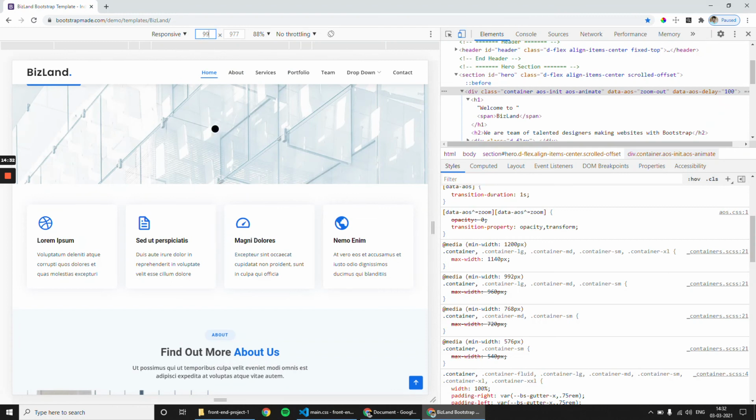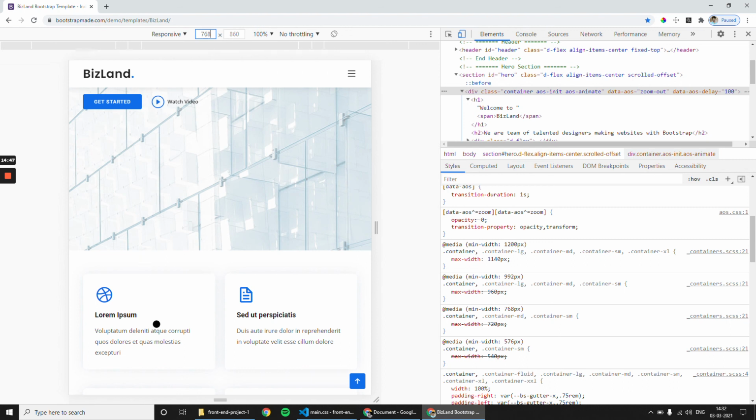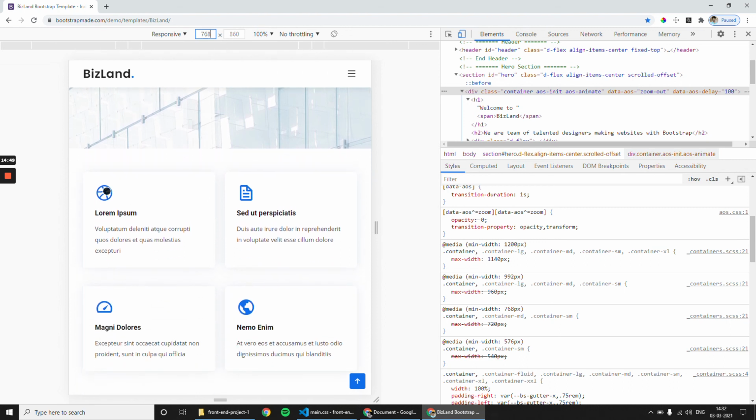And beyond that, let us see here. The flow is icon, title and text. In some cases they will change the order, but here all breakpoints maintain the same flow: icon followed by title followed by paragraph.